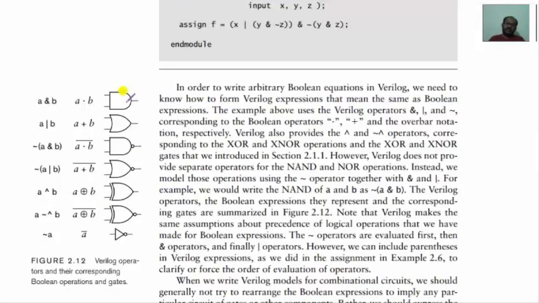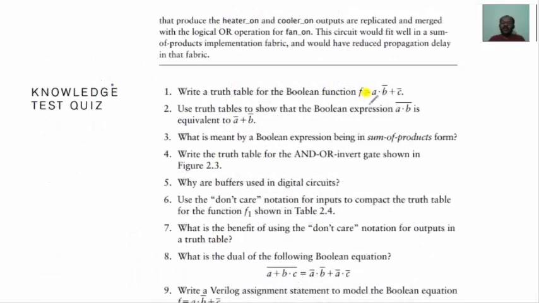This is the symbol for AND gate, OR gate, NAND gate, NOR gate, XOR gate, XNOR gate, NOT gate. The equivalent expressions are also given. Please go through it. Next, you have to write the truth table for y equals a into (b bar plus c bar). So you will be having 3 inputs, so the number of combinations equals 2 power 3, which is 8, starting from 000 to